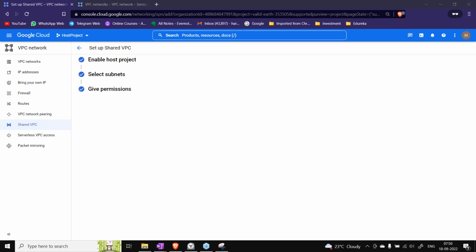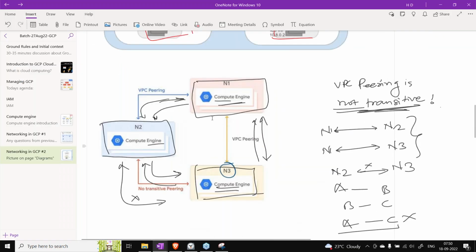Only peered ones and local ones. Can you first? Only peered ones and local ones. Peered ones, you can't see the peered ones. You cannot see them if you are doing this peering. Okay, one second, let me refresh this page.